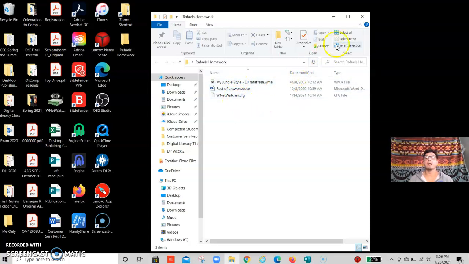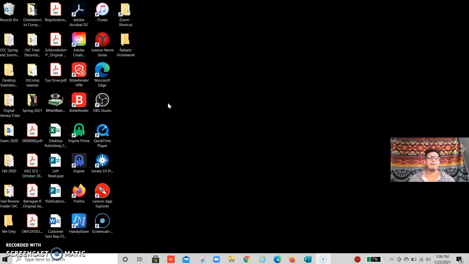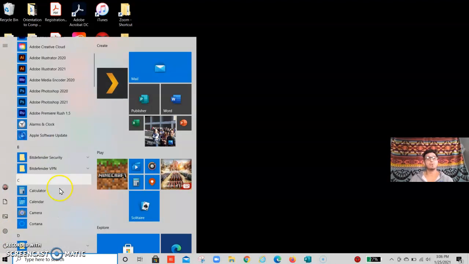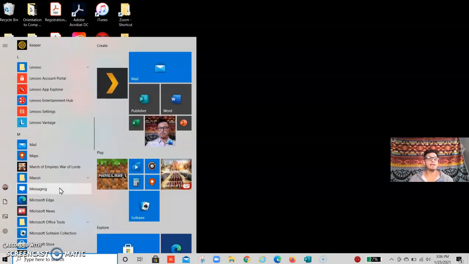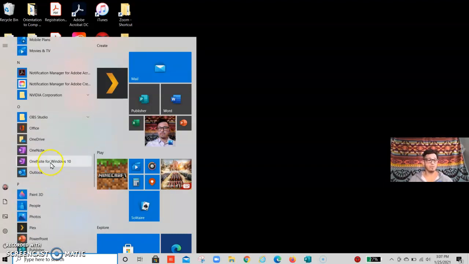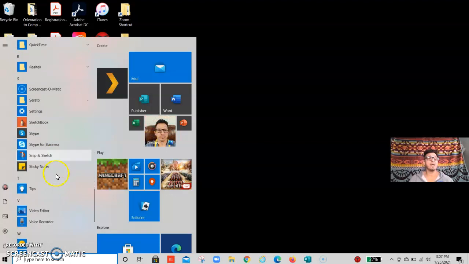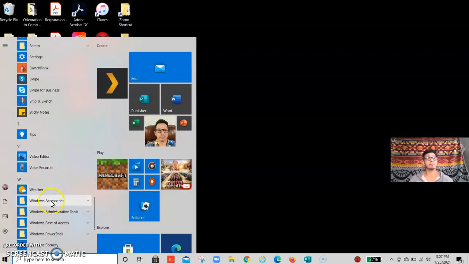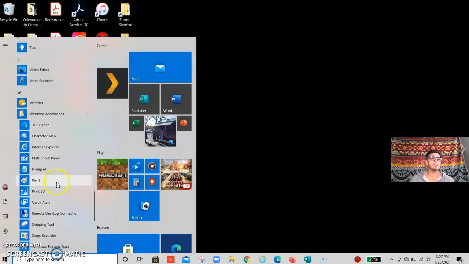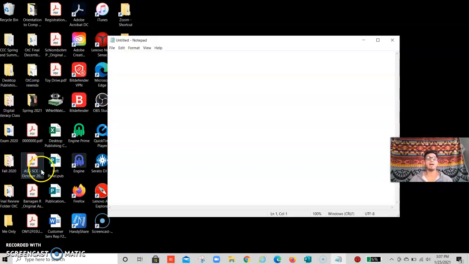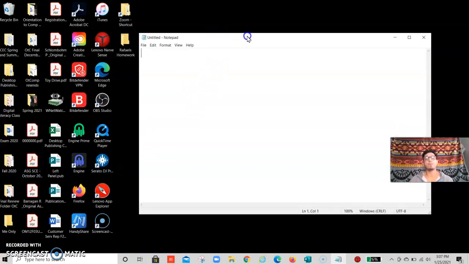One more thing. I'm going to close this window. If you're working on a file, go to Start menu, and then go over to Windows Accessories. Right now I'm scrolling down using my mouse wheel, and I'm going all the way down to Windows Accessories. If I click on Windows Accessories, I will find a simple word processor called Notepad. Okay, I'm going to click on Notepad, and it's going to open up a window. This window that opens up